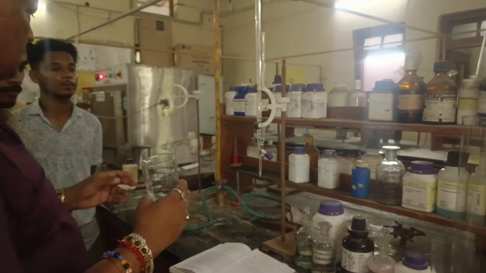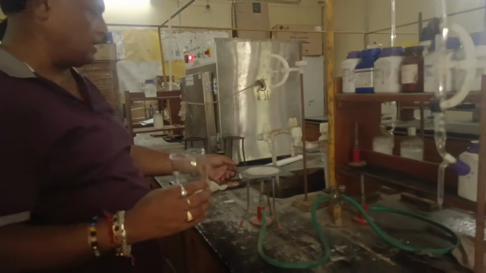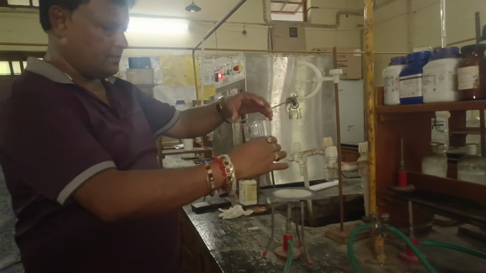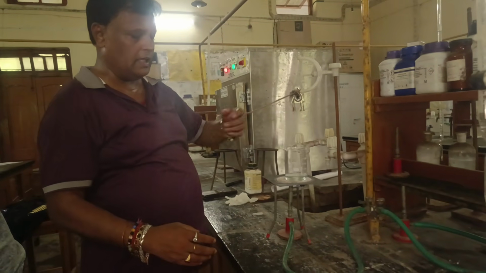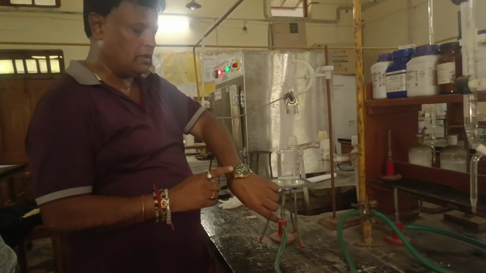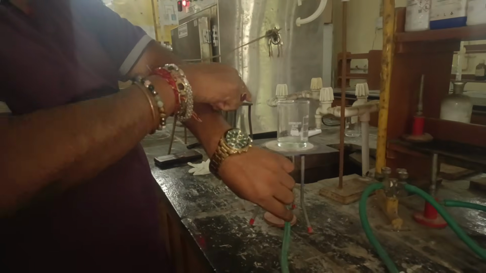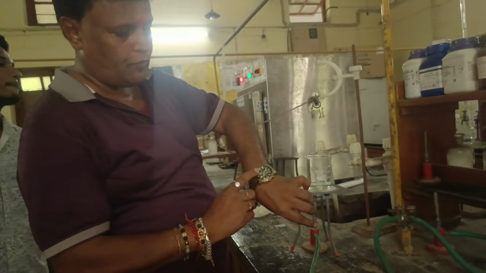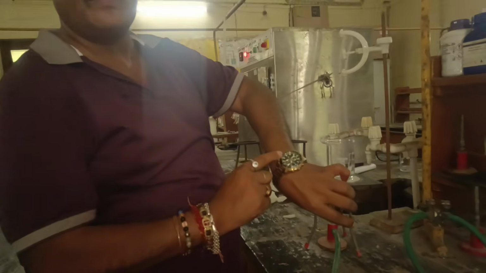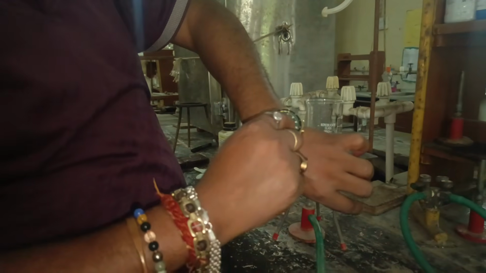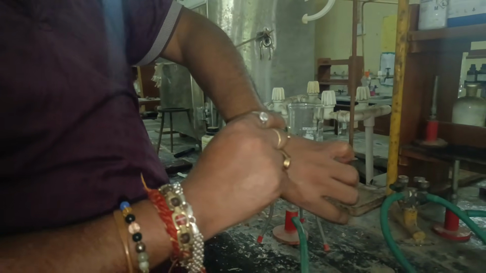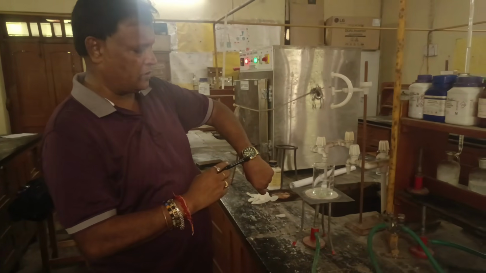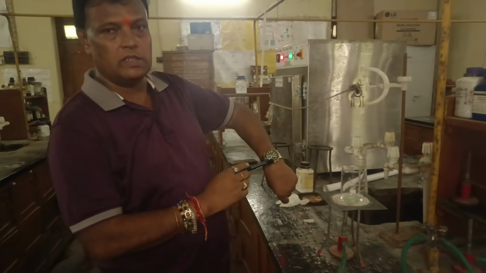The mixture should be heated to nearly 60 degrees centigrade. So this is the Bunsen burner. We keep it on it, and it will heat for about 10 minutes. Within 10 minutes, we hope it will reach 60 degrees centigrade. Now it is about 3:55, we have to come to about 4:05. Let's see, it is near about 4:07, so 10 minutes have completed.